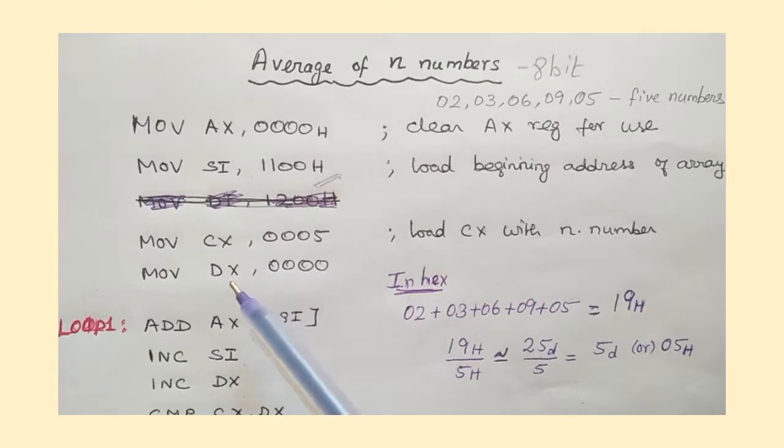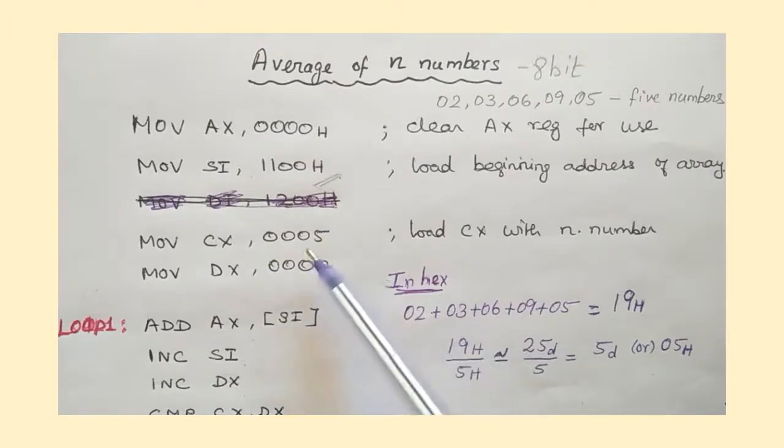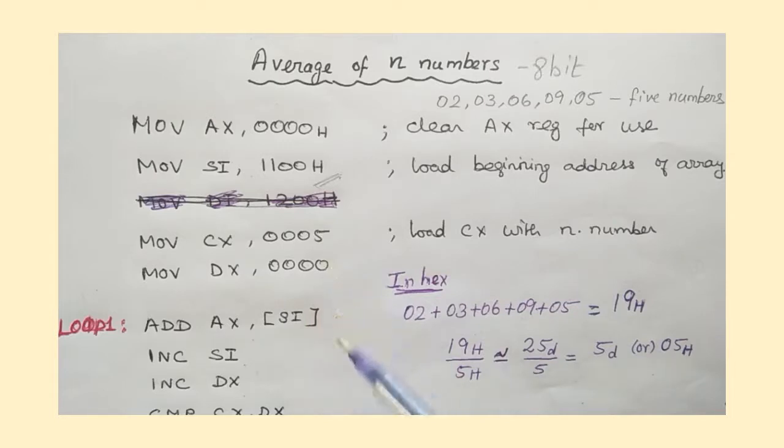The fourth register is for comparison, to check whether the counting is over. For example, the CX, the given number, is 5. Every time I increment the DX register, so that after every addition I compare both the registers. For every increment, DX becomes 1, 2, 3, 4, 5. When it reaches 5, the iteration stops and the result will be produced in the memory.